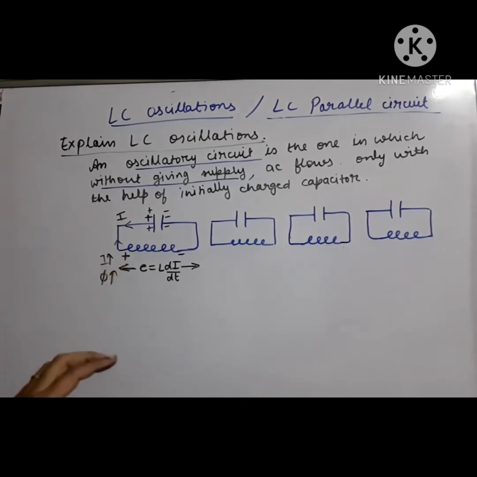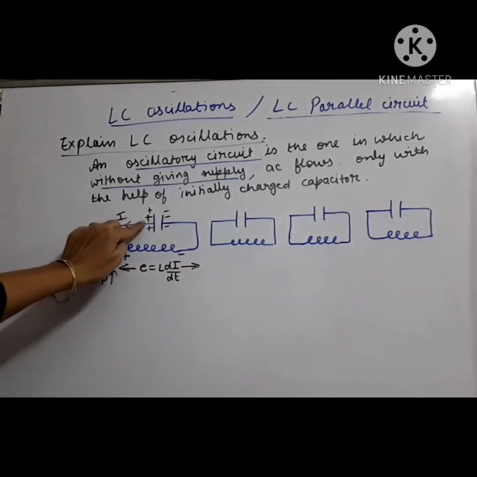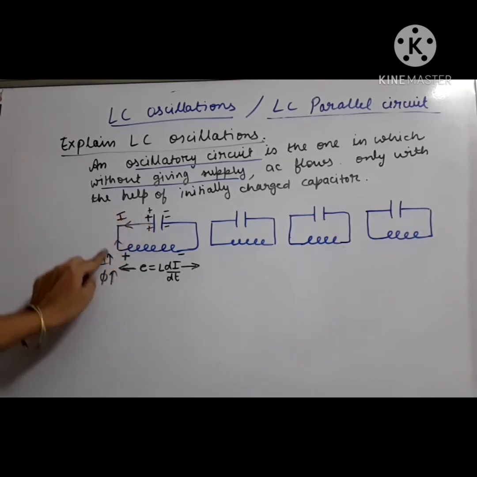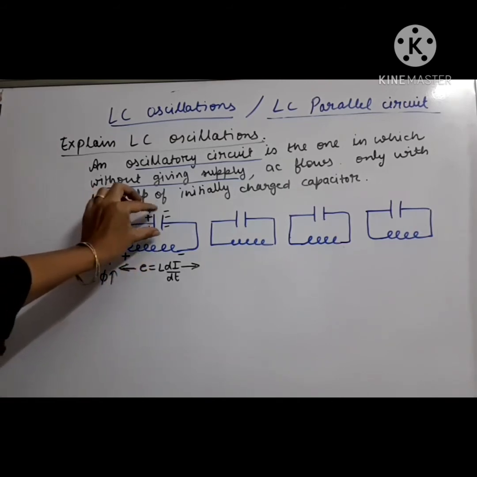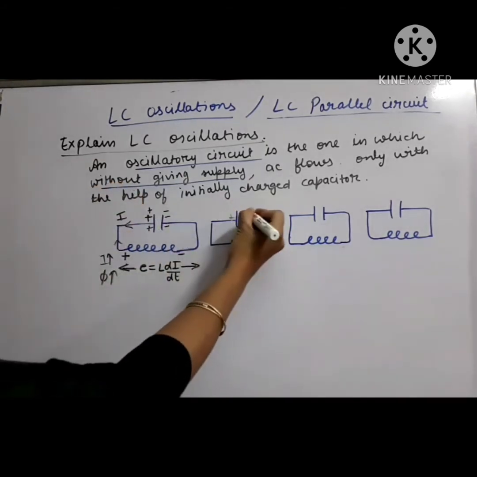But now what will happen in the next step, we'll see. The capacitor is not a battery. It cannot supply current for a longer time, for infinite time. It will only supply current momentarily, till the time it is having charge. Since the capacitor is supplying the current, its charge will decrease. So maybe instead of these 3 charges, now only 1 charge has been left.